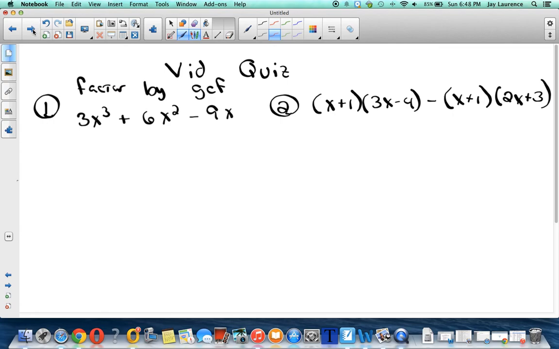All right, your video quiz tonight is just 2 problems, factoring by the GCF in both cases. This first one, you'll have to find the GCF of the 3, 6, and 9, and of the x cubed, x squared, and x. And on the second one, we've got the quantity of